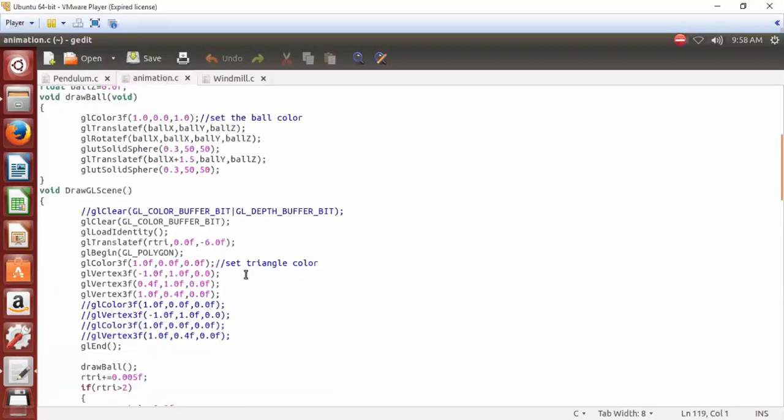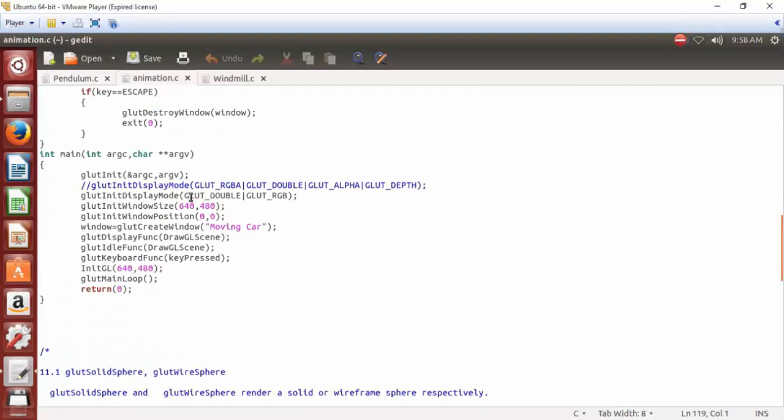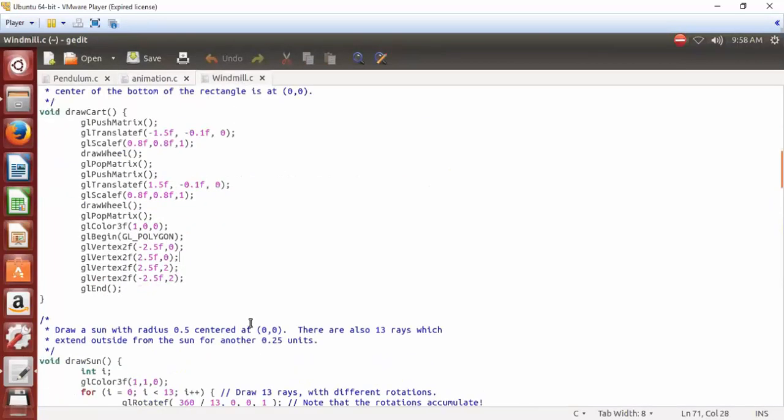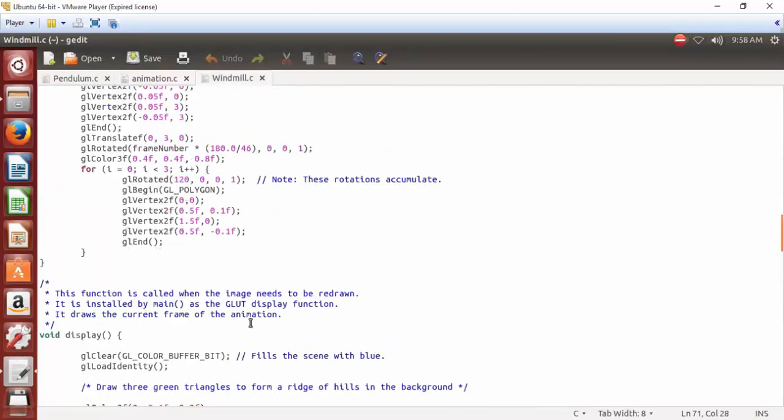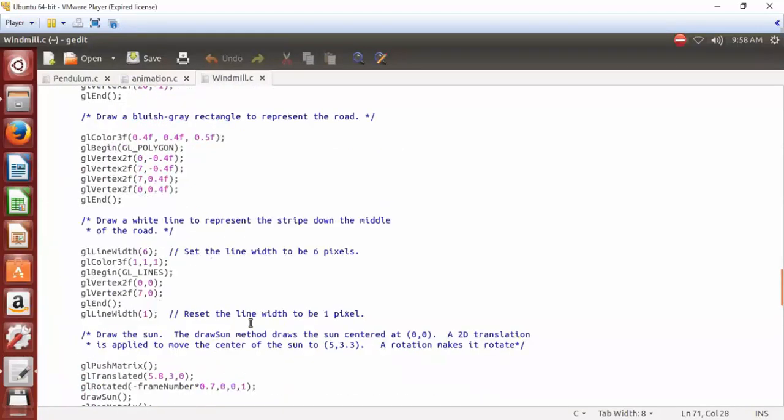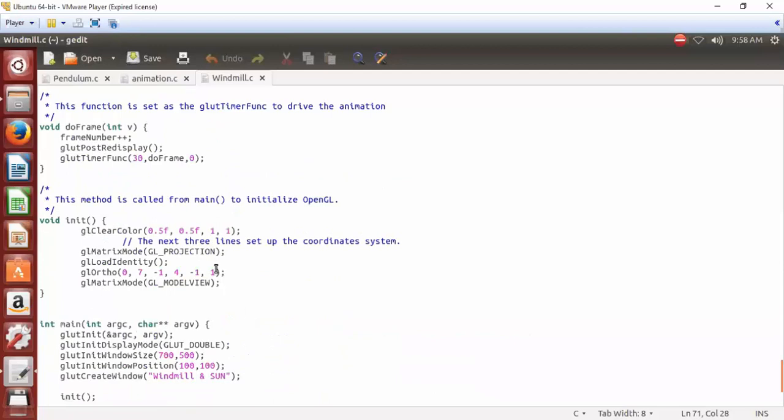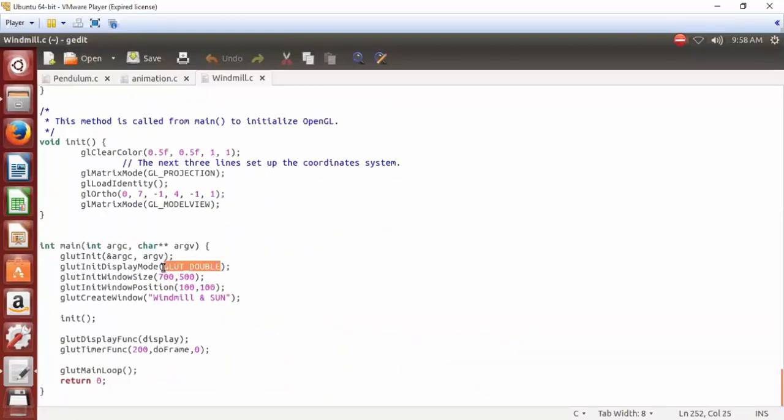In this main function also we are having GLUT_DOUBLE, that is for animation. For this also we are having this main function that is supporting double mode, which is supporting animation.